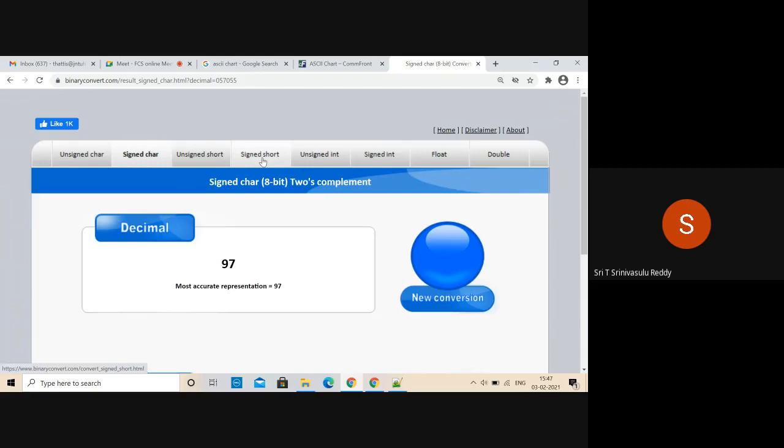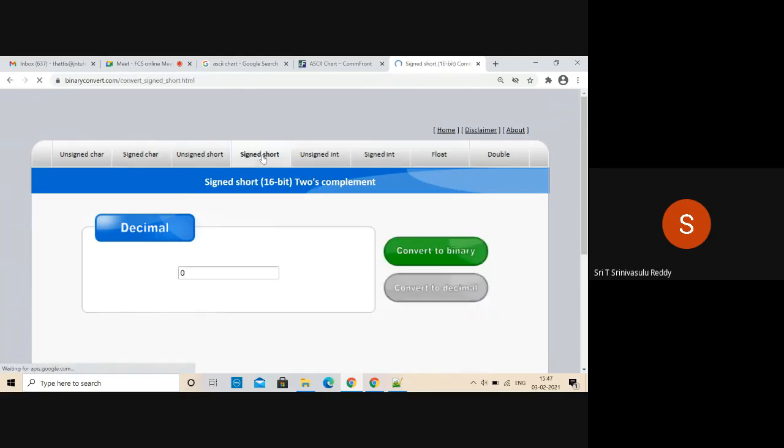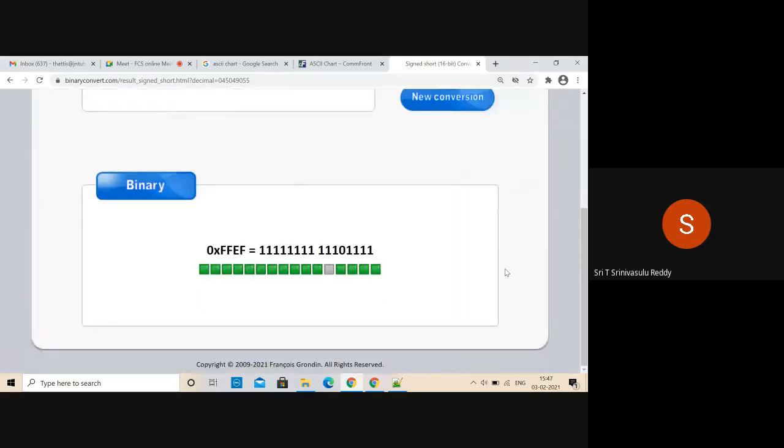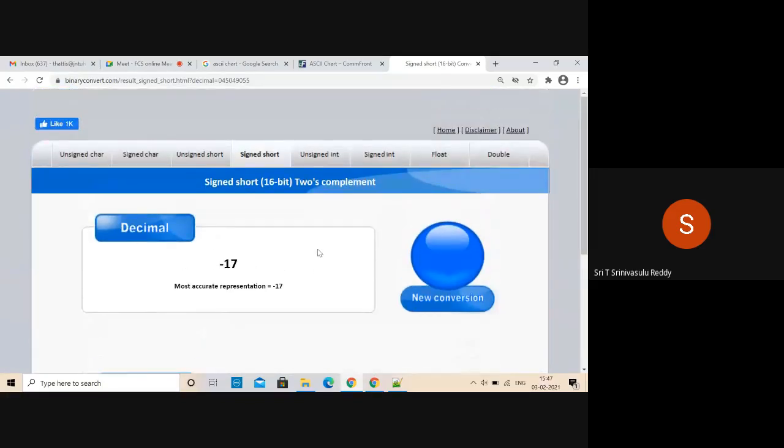Short integer means 16 bits you will get. You see here, here also you will get minus 17, for example. Again, we can try. The same thing now, instead of 32 bits, you will get 16 bits, right? So both the things you try to practice and then learn. I hope all of you must have understood reasonably to a certain extent at least, and then go through other material for some more understanding of that and so on.